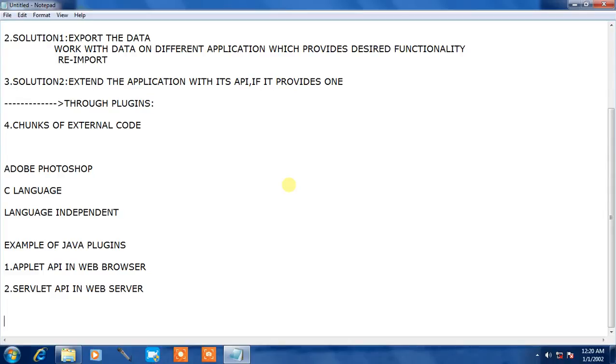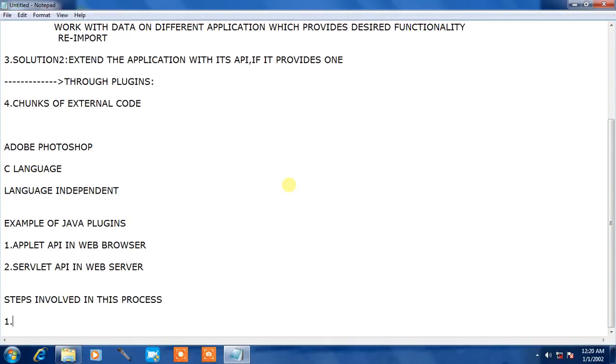Let us discuss some of the steps involved in the process of plugins. There are 4 steps involved in this process.